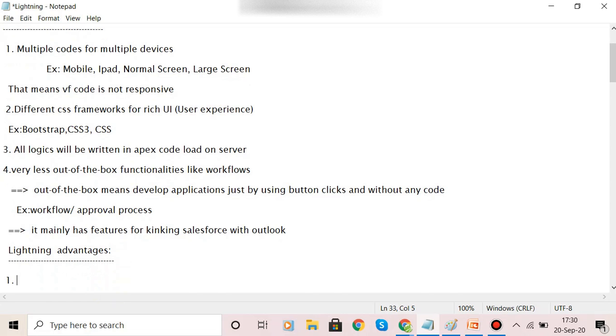It means less code. We create one code, and that code is used for multiple devices. Previously I said multiple codes for multiple devices in classic, but in Lightning it is only one code for multiple devices.